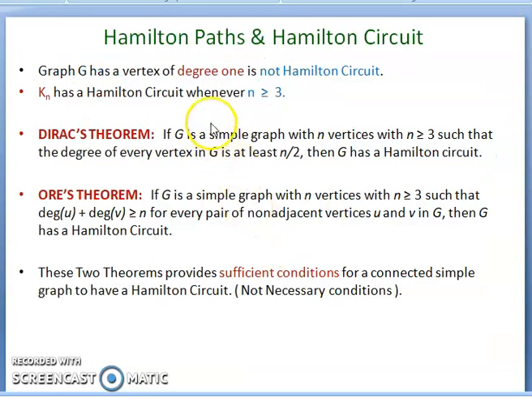So for the Hamilton path, these are the theorems. If the graph G has a vertex with degree 1, it is not a Hamilton circuit. A complete graph has a Hamilton circuit whenever n is greater than or equal to 3. And Dirac's theorem and Ore's theorem are there. These 2 theorems are not necessary conditions. These two are